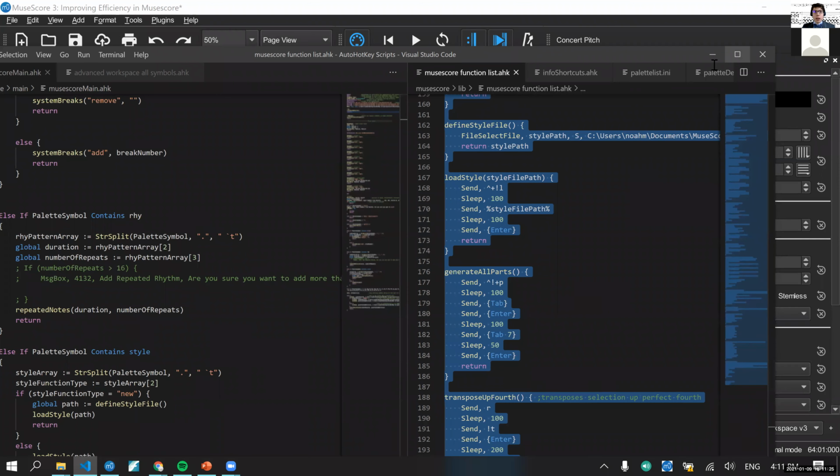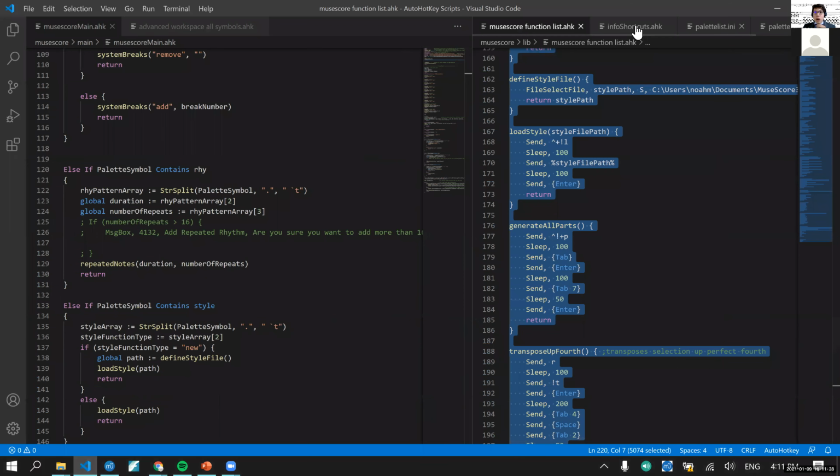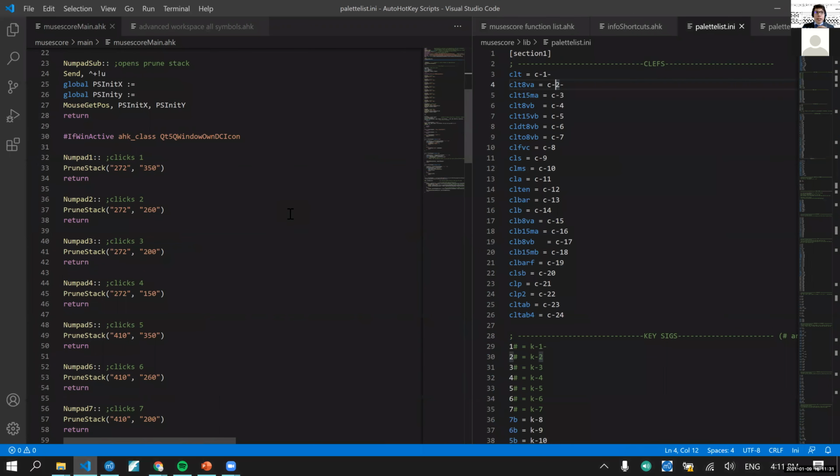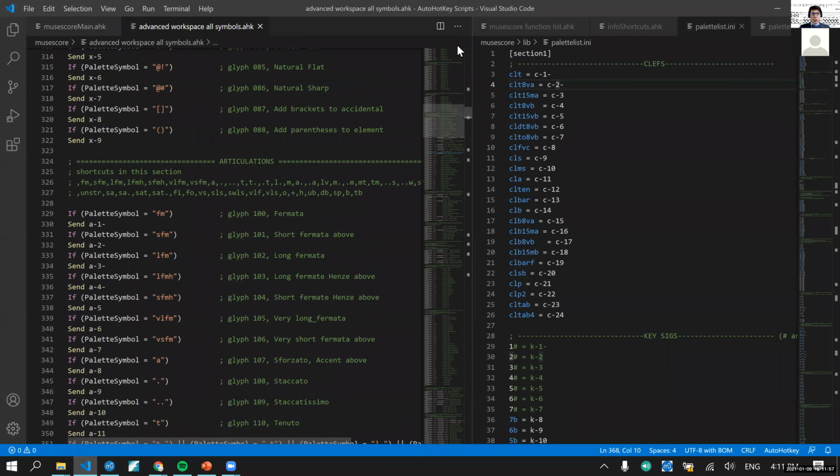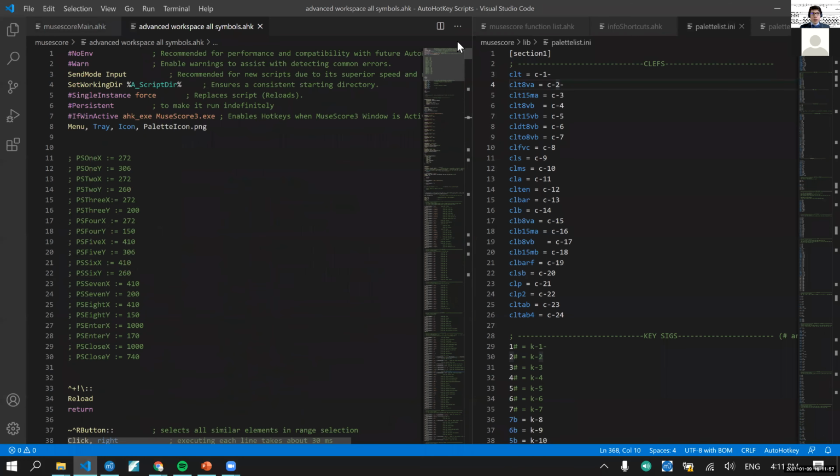This is done in a program called AutoHotKey. AutoHotKey is a scripting language for Windows that has access to the Windows API, so it can detect keyboard presses and mouse moves and anything about where your mouse is in relation to other things on the window. It's really good at doing that. And this script actually started as a script on the MuseScore forum written by the user Mitch Leon,